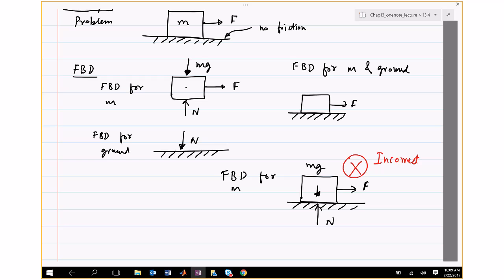If this has to be an FBD for the complete assembly, then there shouldn't be mg or N. Okay, so don't make this mistake. This will be marked wrong. When you have two things sticking together, holding things together, and when you remove them apart, that is the time when there'll be forces between them. The moment you put them together, there's no forces between them. Well, there are forces, but they don't show up in the free body diagram because they are internal to the